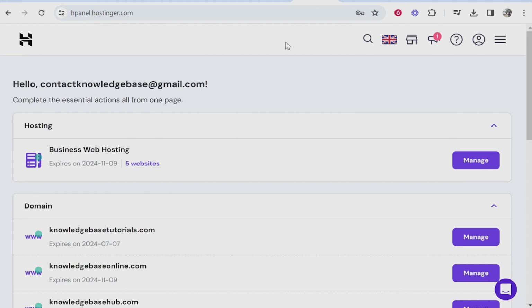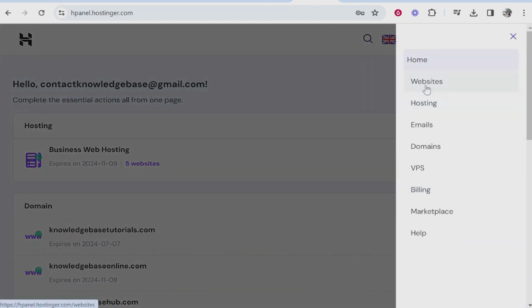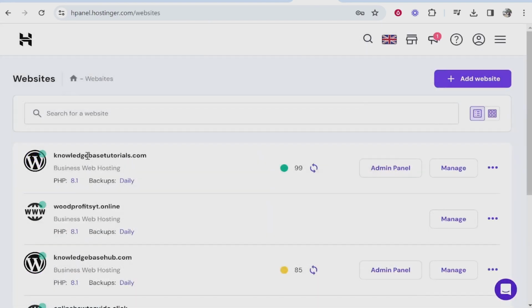The first thing is head over to the dashboard and take a look at the right top. You will see 3 lines. Click on these 3 lines, and from these you have to select the option website. Once you get access to all your websites which you have in Hostinger,